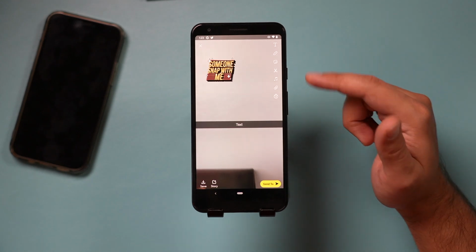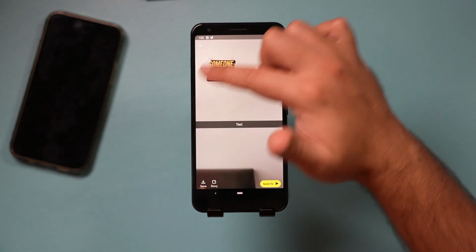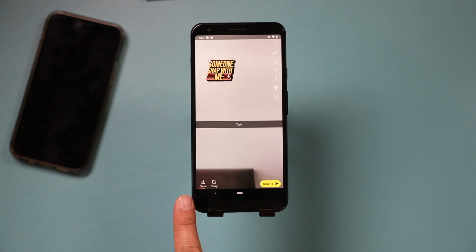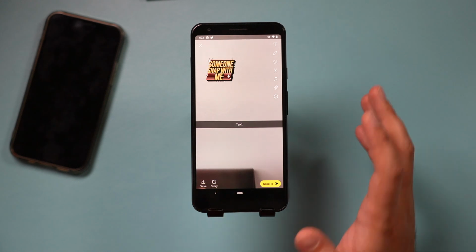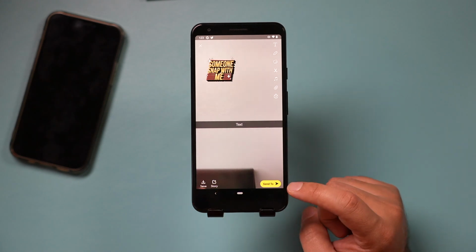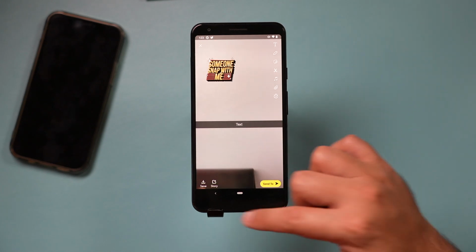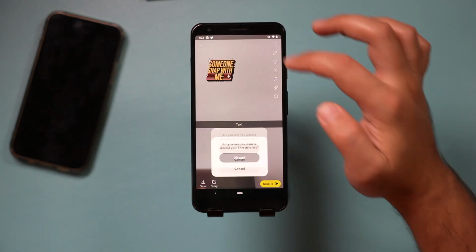But again, back to the camera app, those are all your options for decorating a single picture. Then the options you have is saving. This will save it to your phone, iPhone or Android. You have story, that's the social aspect of it that I'll explain in a bit. And you could send it, that's if you send it like a text message to someone else using this app. Okay, let me discard this because I want to